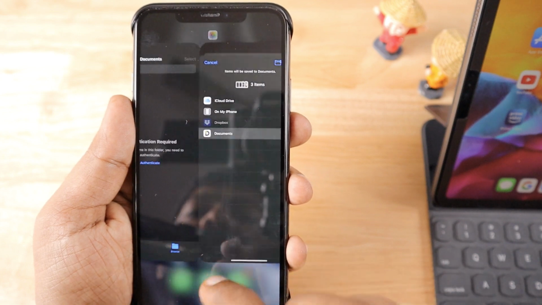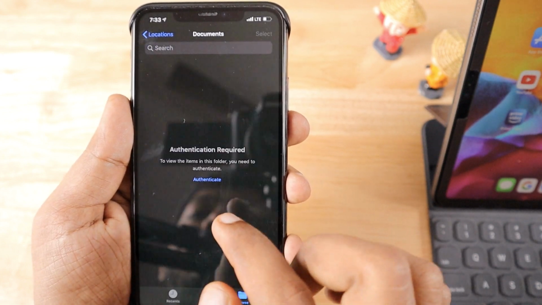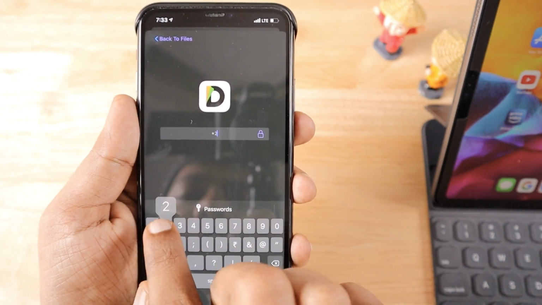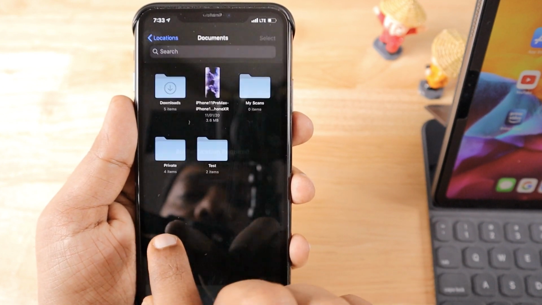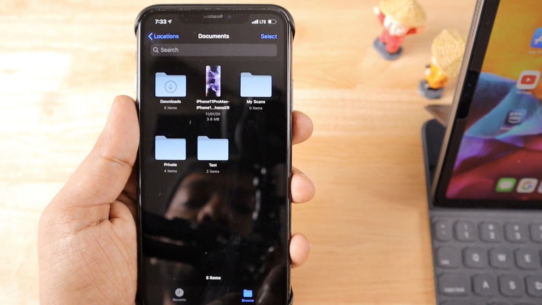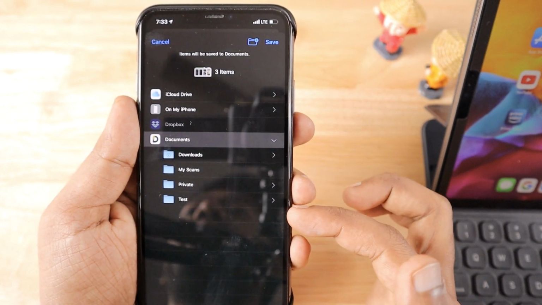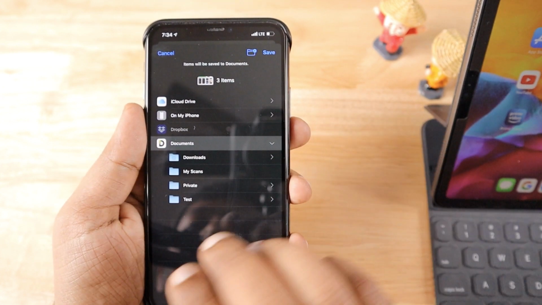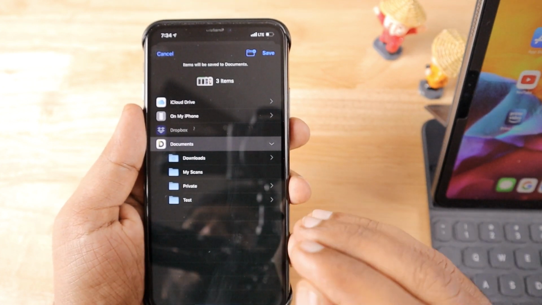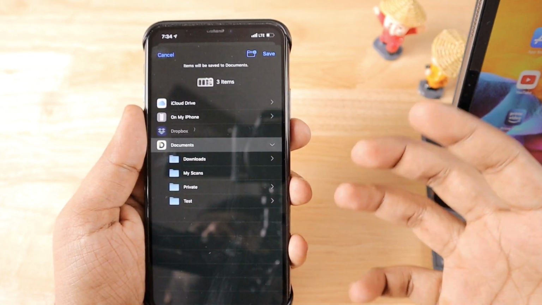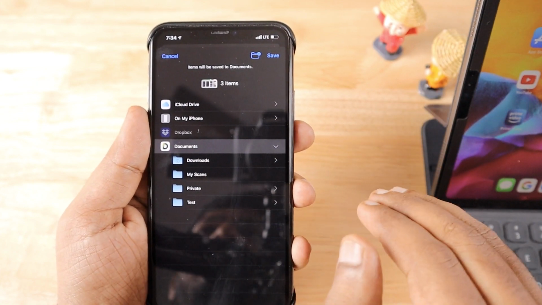So what we have to do is go to the multitasking panel, and then here you can see the authentication required. I'm going to let the Files app browse through the Documents app. I have entered the passcode and it is now accessible. Here you can see the folders appear instantly. And one more important thing, like most of the steps that I'm going to tell you, is not required to be followed every time you try to hide and password protect a file. The process is entirely simple.